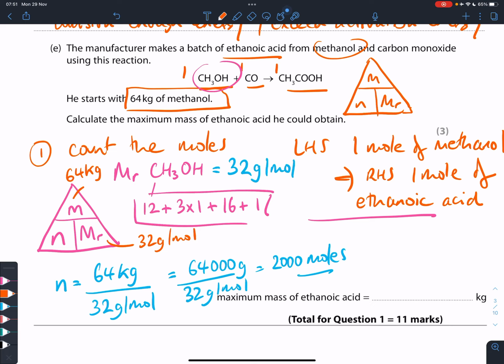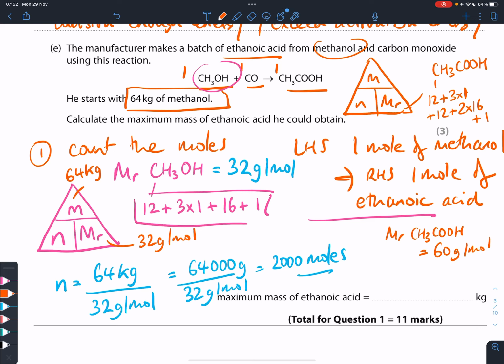So we need to find the molar mass of ethanoic acid, which will be 12 plus 3 times 1 plus another 12 plus 2 times 16 and 1 hydrogen. So let's add all these up. 12 and 12 is 24 and 32 is 56 and 4 is 60. So MR of CH3COOH equals 60